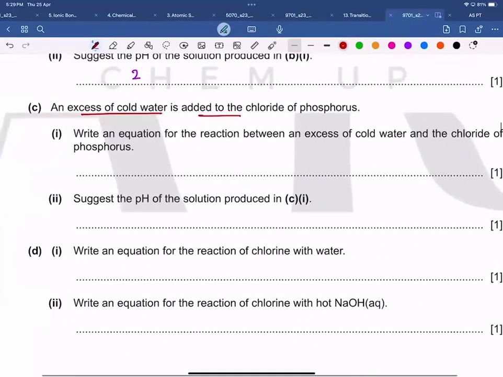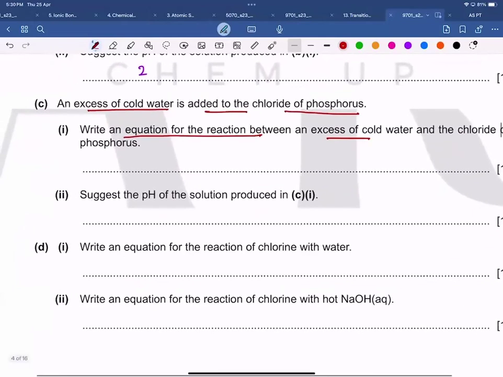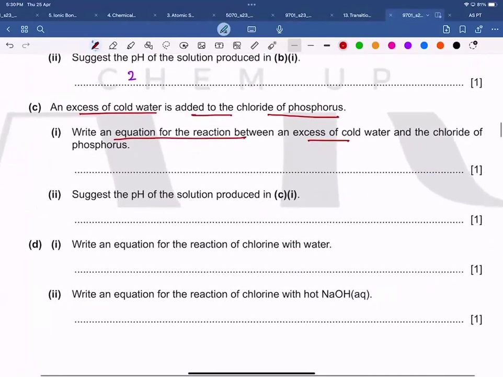Okay. Now, an excess of cold water is added to a chloride of phosphorus. Write an equation for the reaction between an excess of cold water and a chloride of phosphorus. So which chloride are we going to use? We are going to use PCl5 plus H2O. And in this case, the product is H3PO4 and HCl. And if we balance the equation,